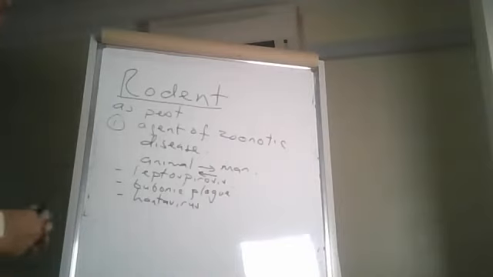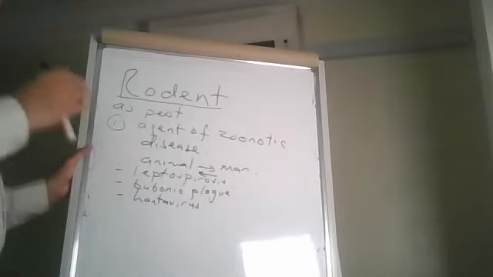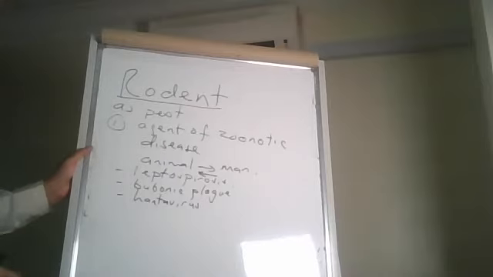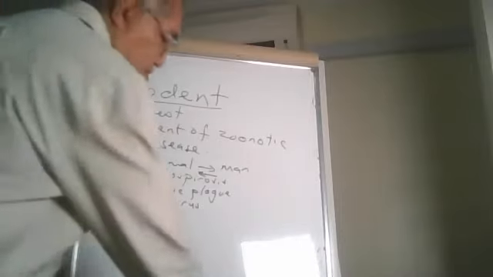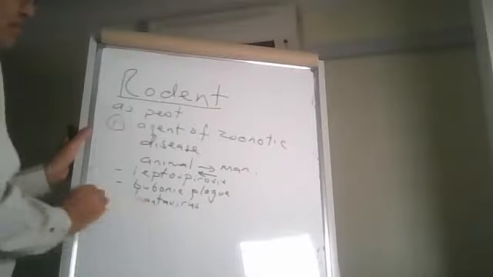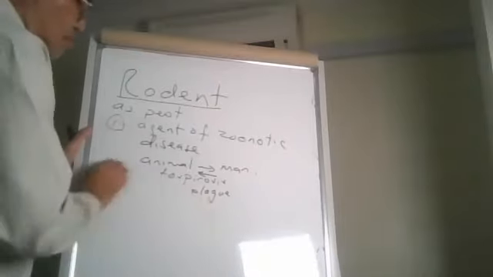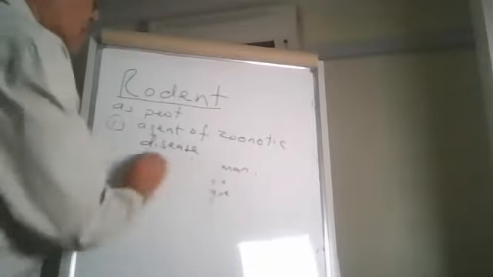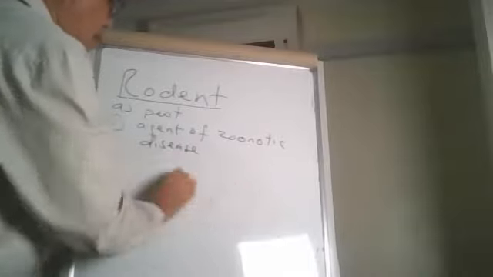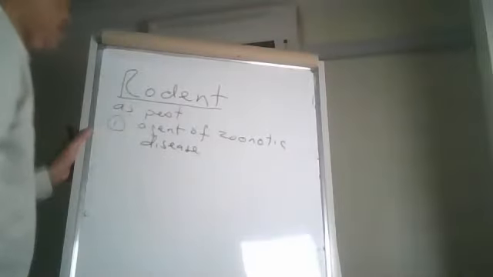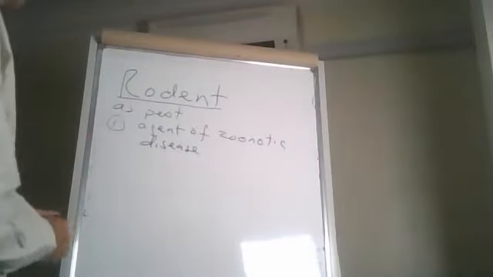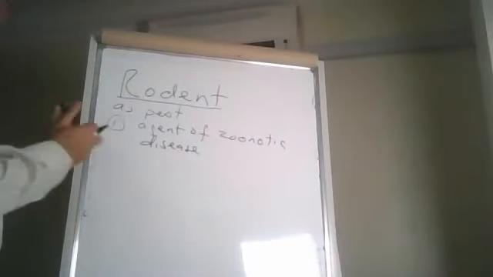So these are the diseases that can be transmitted from rodent, particularly rat, to a human being. So that's the number one risk or nature of pest in regard to rodent. Number 2,